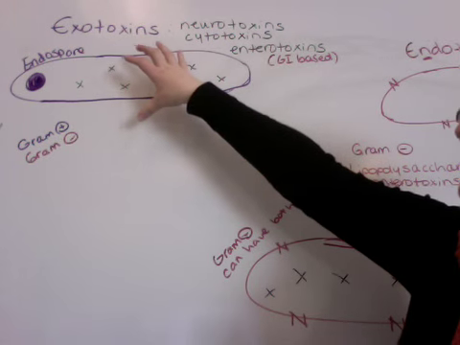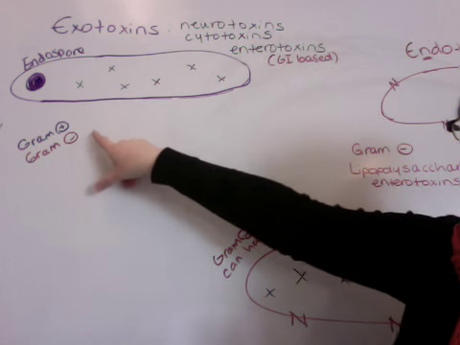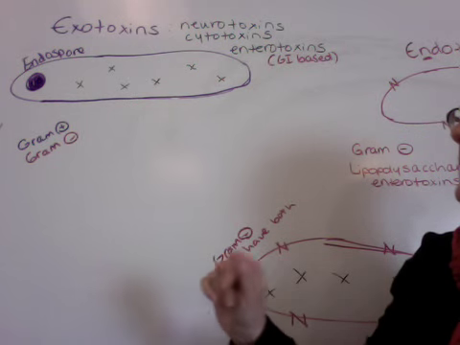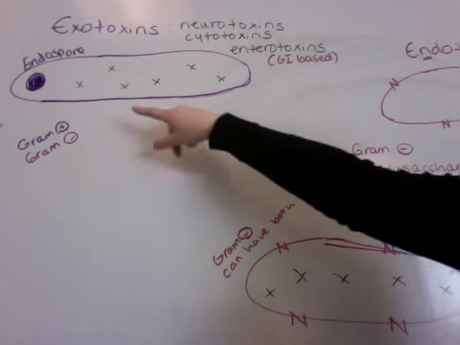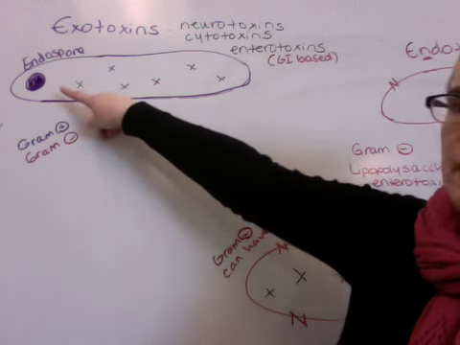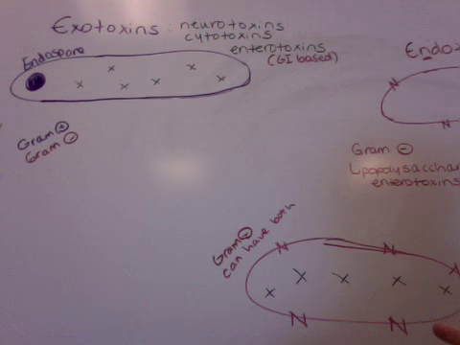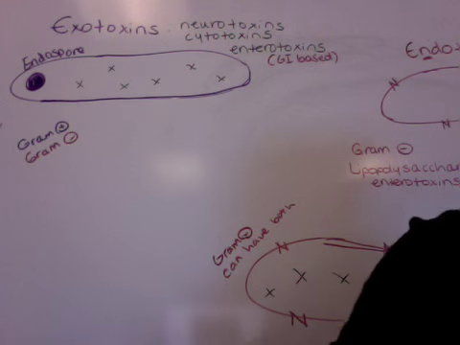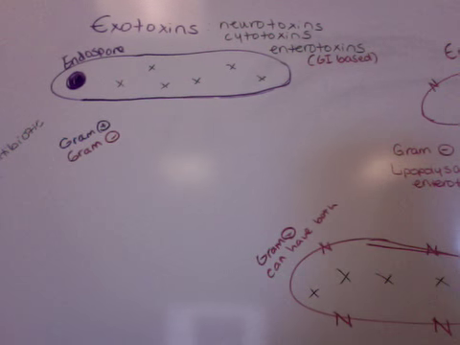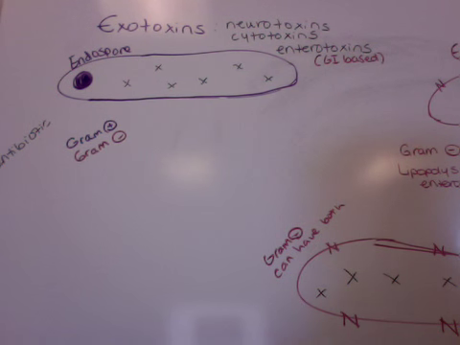An exotoxin-based bacteria can be gram-positive or gram-negative. It doesn't make a difference. All right, and I put in here also, if you're gram-positive, you could potentially have an endospore as well. So those are some really, really strong bacteria if they have an exotoxin, which is an incredibly powerful toxin, combined